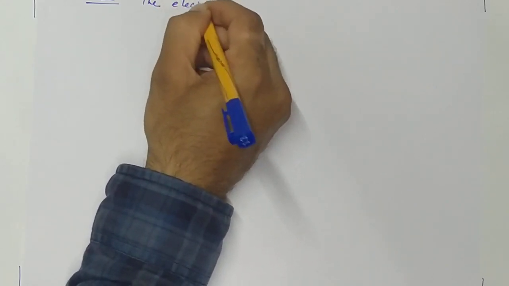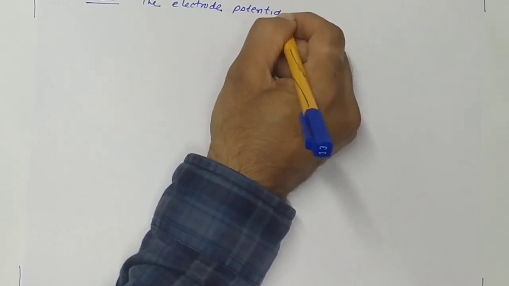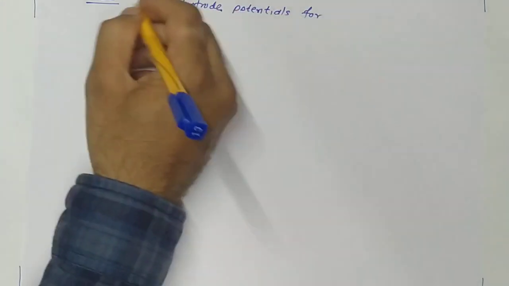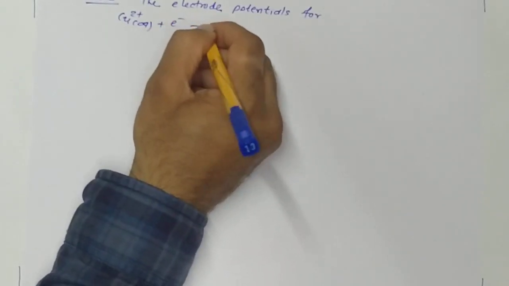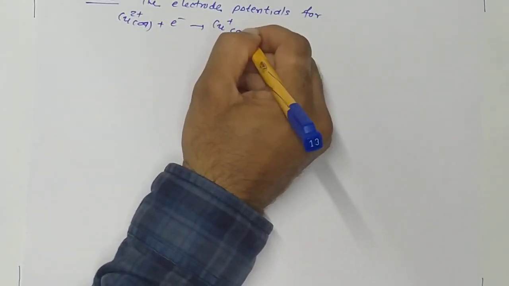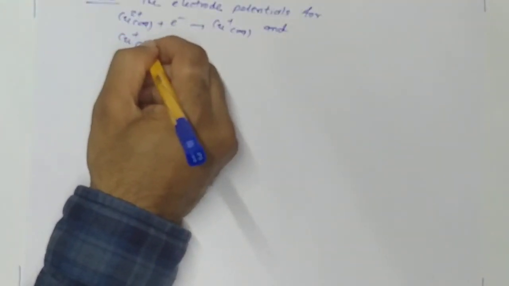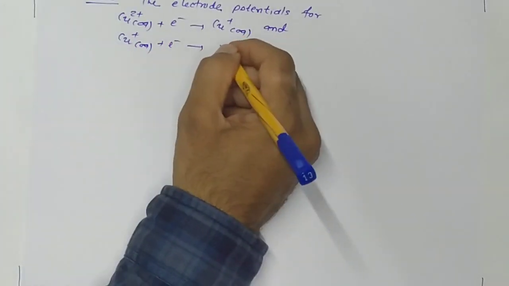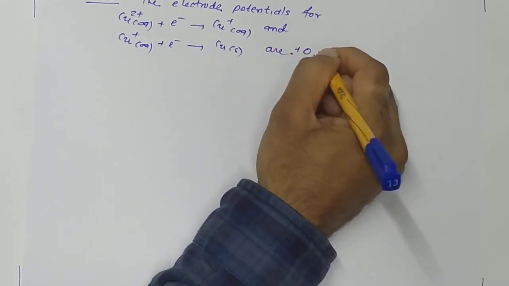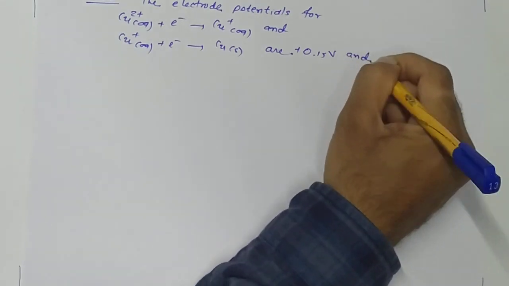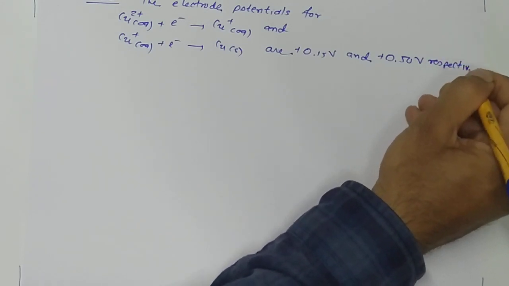The electrode potentials for Cu2+ aq plus electron gives Cu+ and Cu+ aq gains electron gives Cu solid are